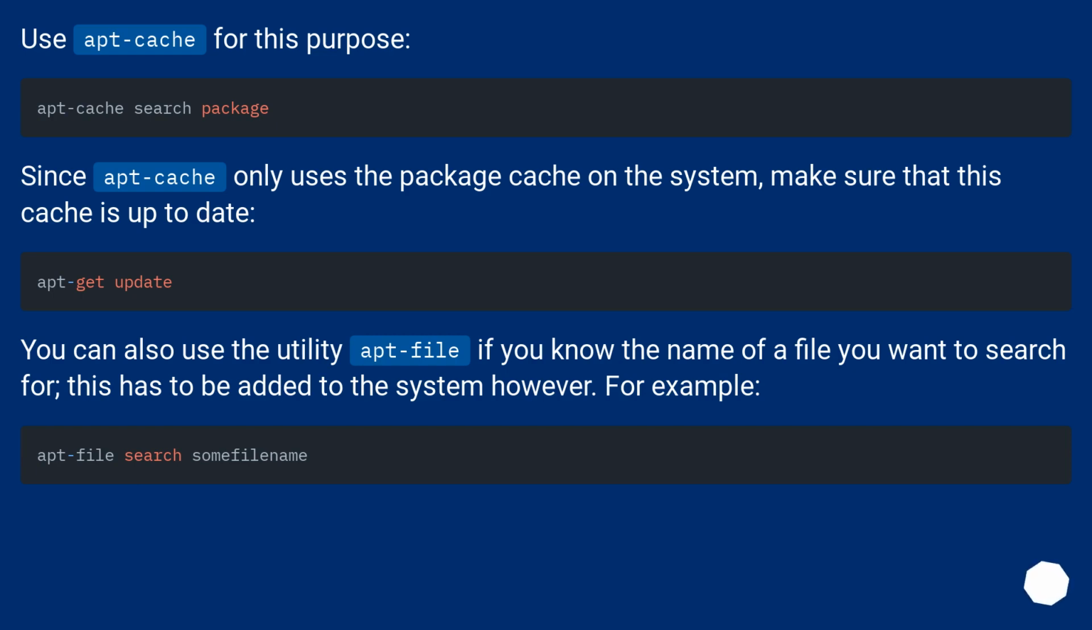Use apt-cache for this purpose. Since apt-cache only uses the package cache on the system, make sure that this cache is up to date. You can also use the utility apt-file if you know the name of a file you want to search for. This has to be added to the system however. For example,